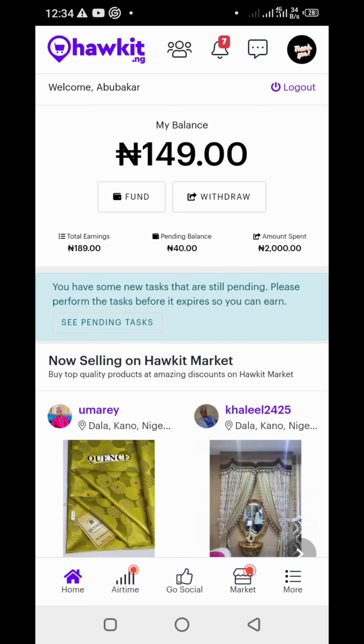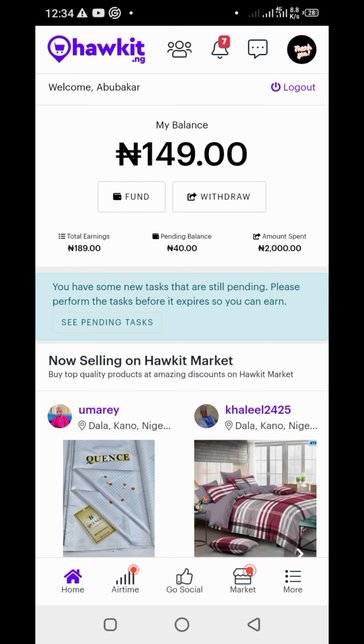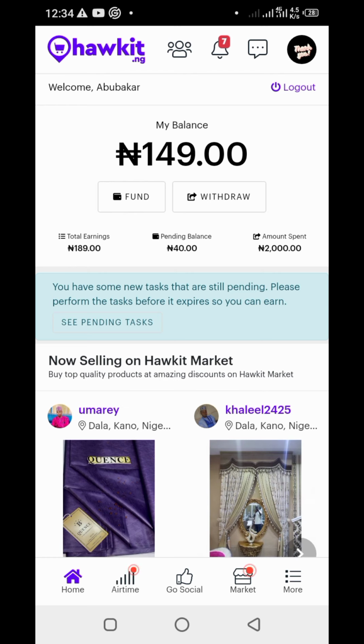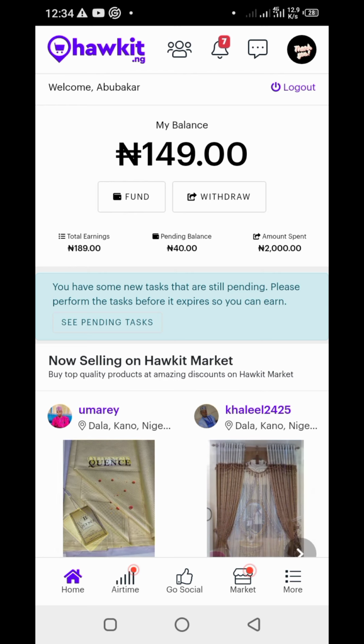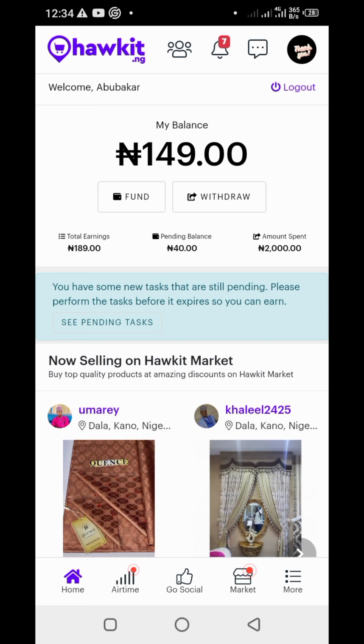After you pay it, you can continue performing your social media tasks and get paid. As much as you can do the social media tasks, you can get your money. Then this money you can withdraw.